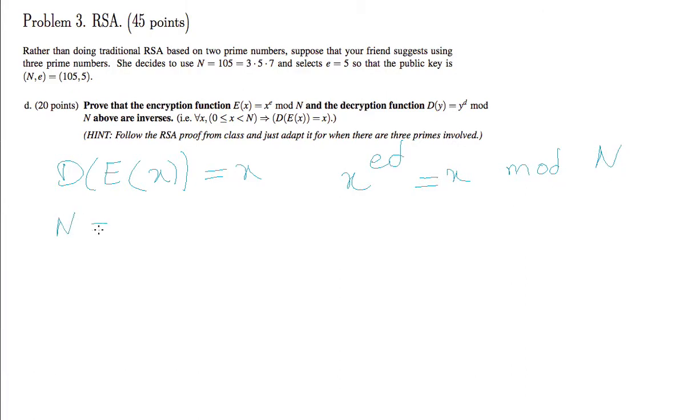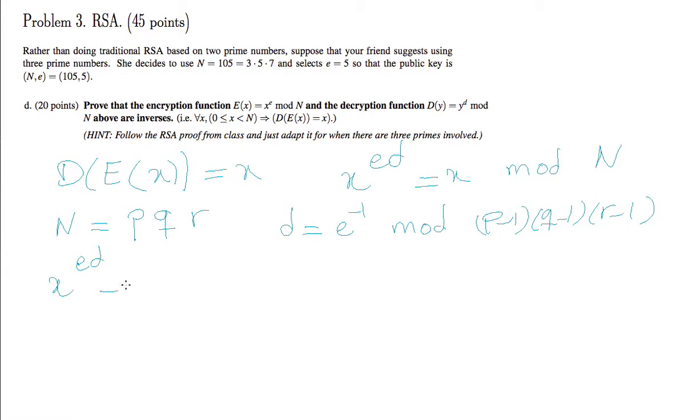And n here is the product of three primes. I call them p, q, and r. Also we know that d is equal to e inverse mod p minus 1, q minus 1, r minus 1. So let's simplify x to the power ed minus x by factorizing an x. So it is x times x to the power ed minus 1, minus 1. We want to prove that this is 0 mod n,